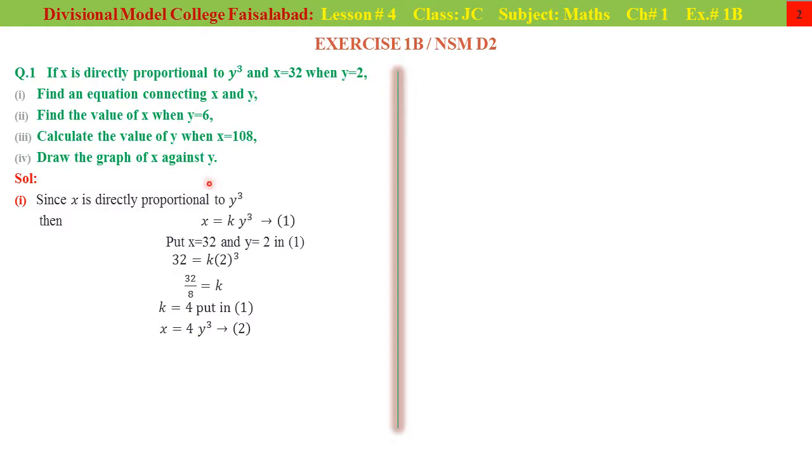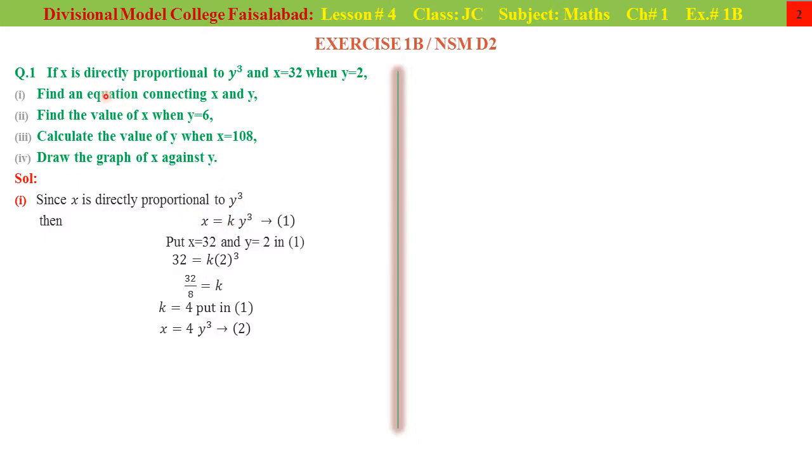So in Cambridge, the questions sometimes are asked like this, that you are asked to find an equation connecting x and y. Then we have to solve this by using the algebraic method. Otherwise you can solve the questions by any of the methods which I have told you, unity method or proportion method. Sometimes you are asked to find an equation connecting x, y and k. Then it will be this equation. So your answer in that case will be x is equal to ky cube.